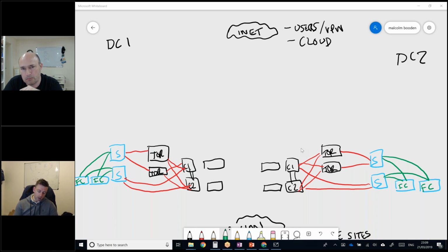Actually, just to correct that slightly, between the top of rack switches, although I've got them in red, and the leaf switches and the spine switches, things have probably moved on to where that's more typically going to be 40 gig and moving towards 100 gig. When I did this design that I'm walking through, it was 10 gig, but uplinks between spine and leaf are more likely to be 40 gig,